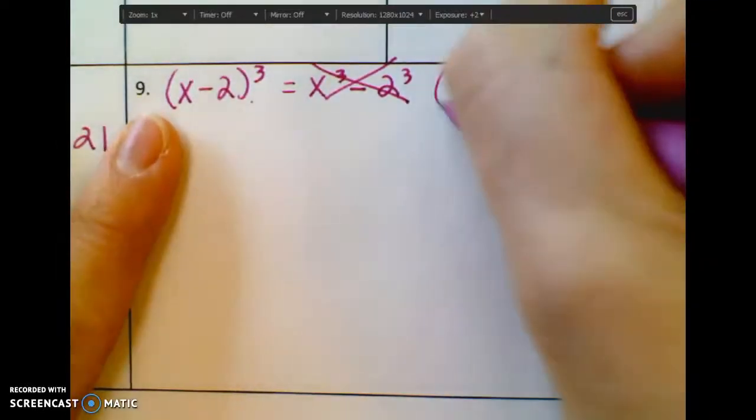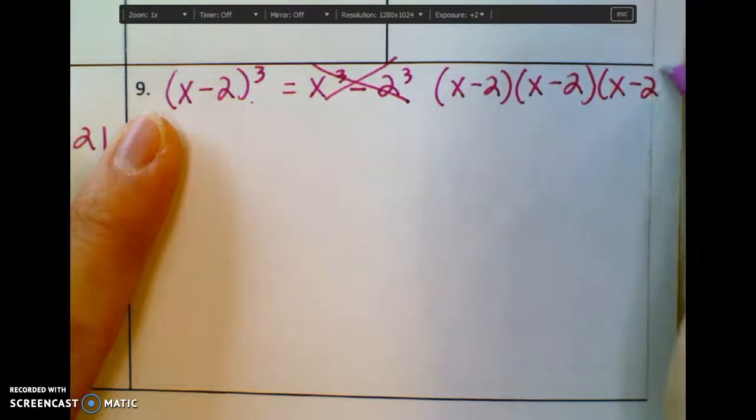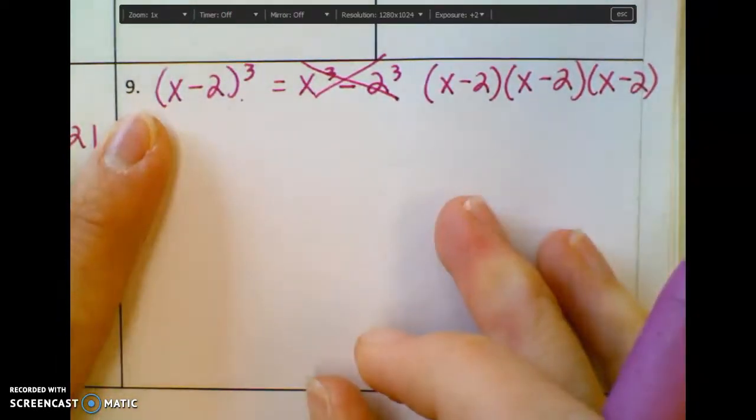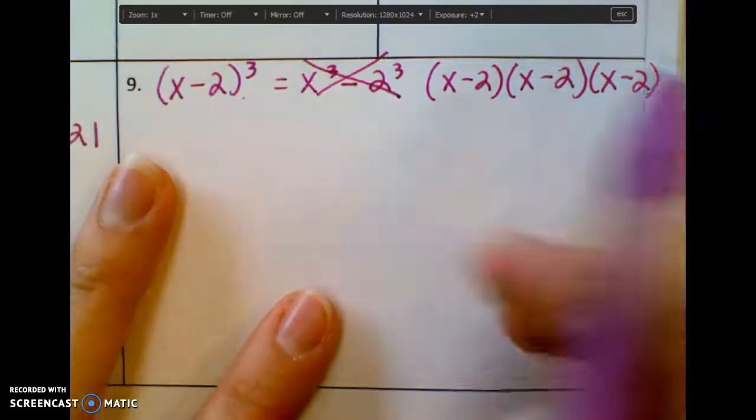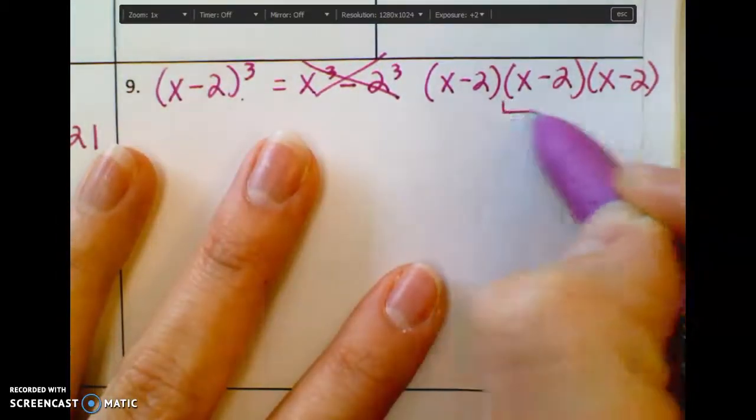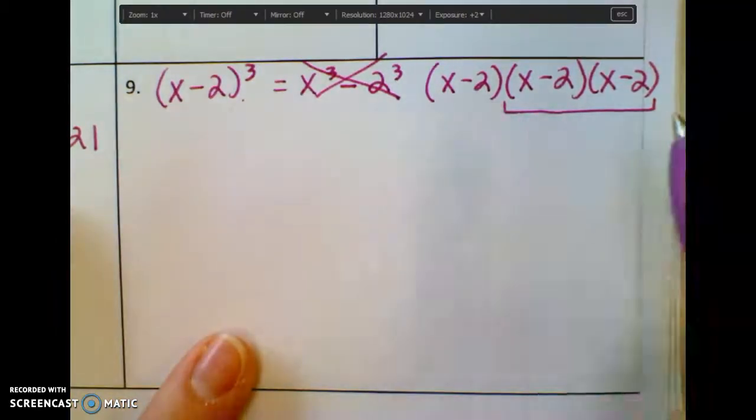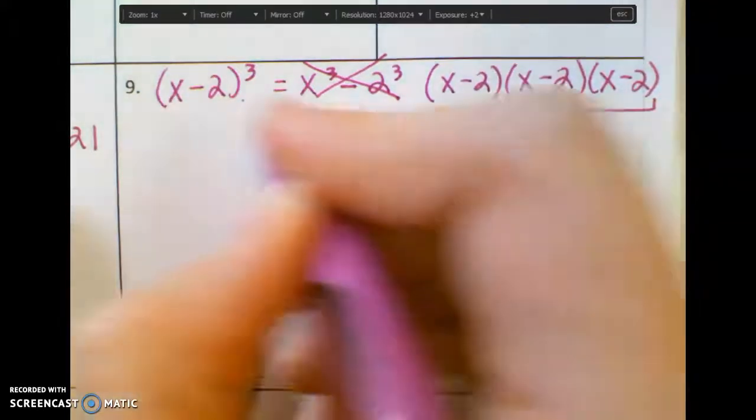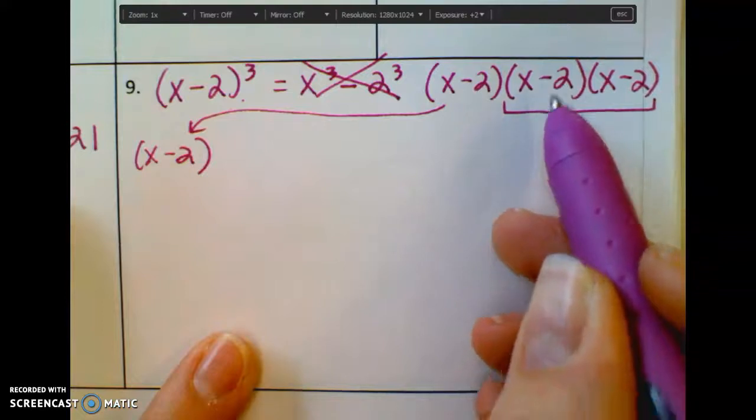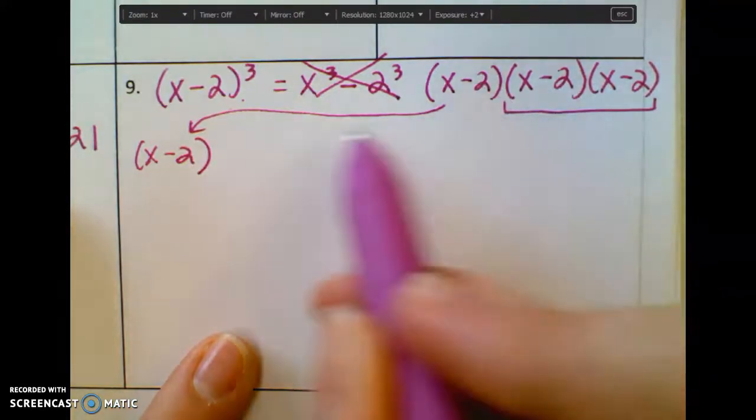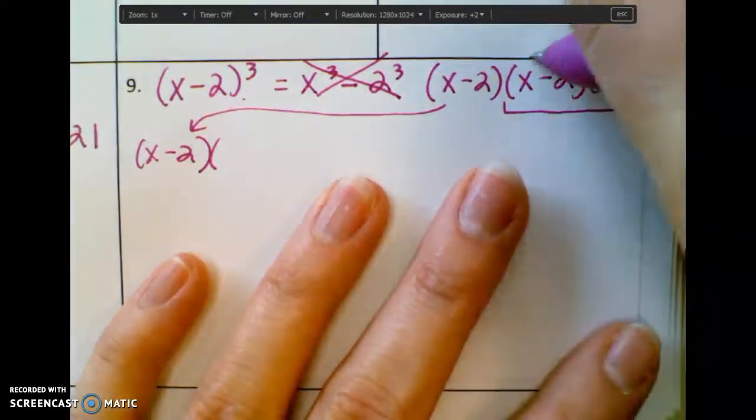This means we have (x - 2)(x - 2)(x - 2). We have 3 (x - 2)'s. So what we're going to have to do is distribute multiple times. I start with the last 2 just so that I still have an (x - 2) out front. So what I'm going to do is bring down this (x - 2) that I'm not using yet. We only know how to distribute 2 at a time. So bring down the (x - 2) and we are going to distribute this (x - 2) to the next